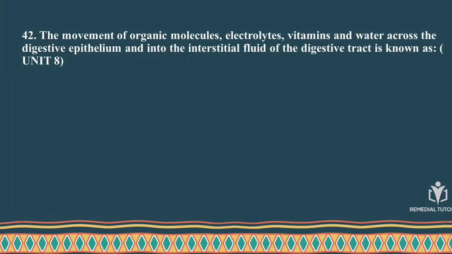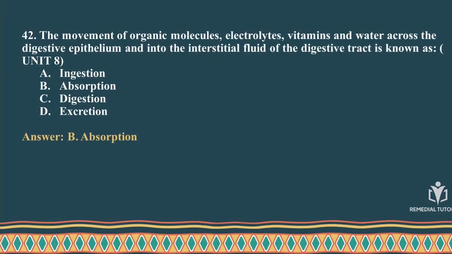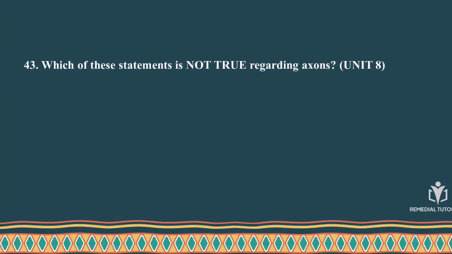42. The movement of organic molecules, electrolytes, vitamins and water across the digestive epithelium into the interstitial fluid of the digestive tract is known as? organic molecules, electrolyte, vitamins ከdigestive epithelium ወደ interstitial fluid የሚገቡት የትኛው ፕሮሰስ ነው? Ingestion, absorption, digestion, excretion? It's absorption። Ingestion ሲሆን taking in food፣ digestion ሲሆን the whole process breakdown ማድረግ ነው። excretion ደግሞ remove ማድረግ ነው።